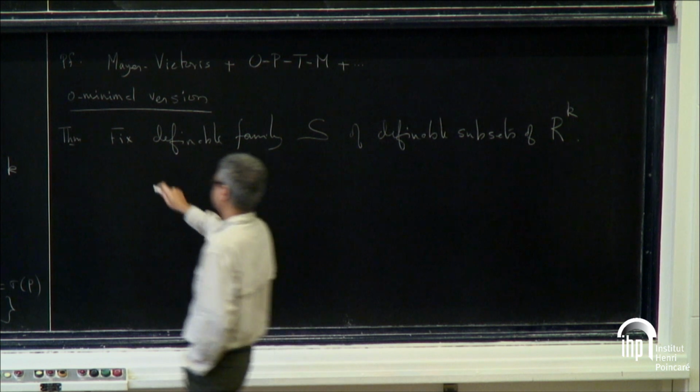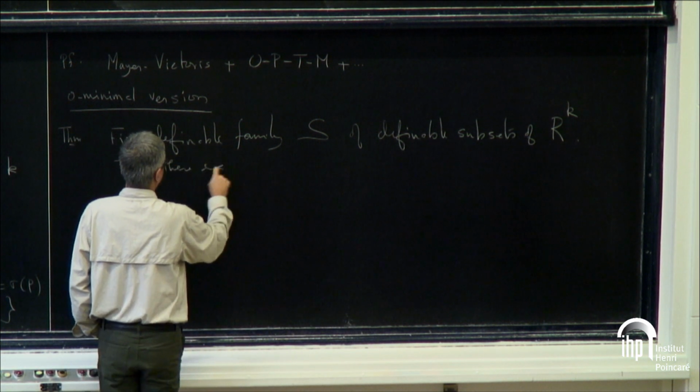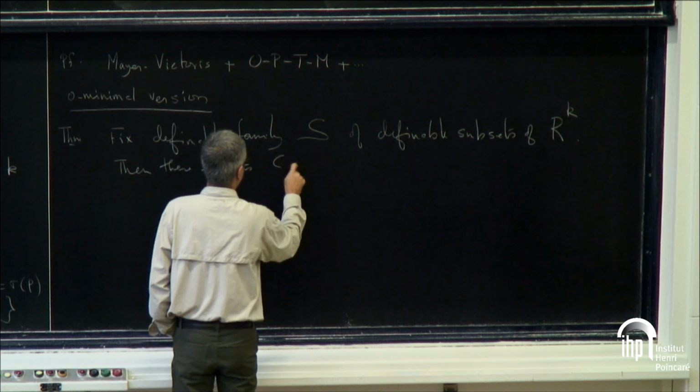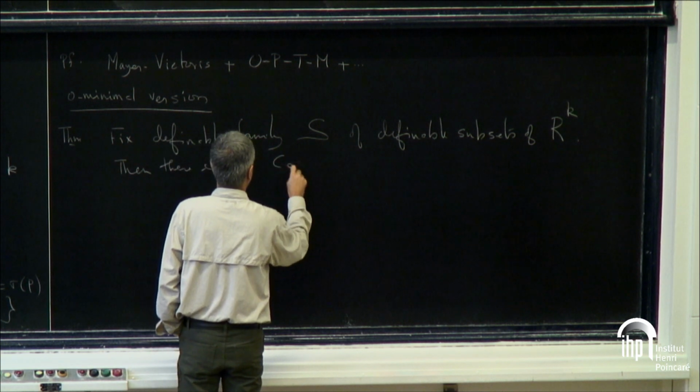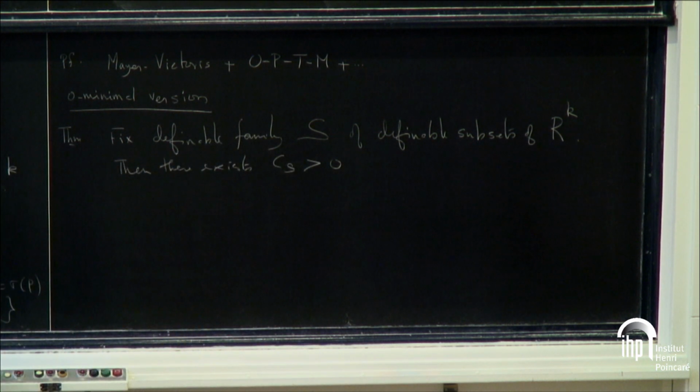And so then there exists some constant, and this constant is really, in the semi-algebraic case, this Oleinik-Petrovsky bound, if you want,